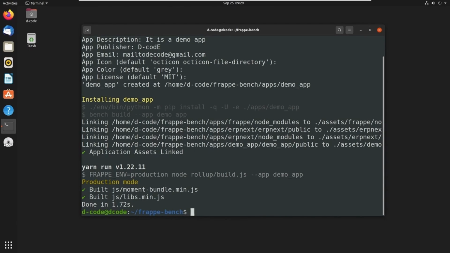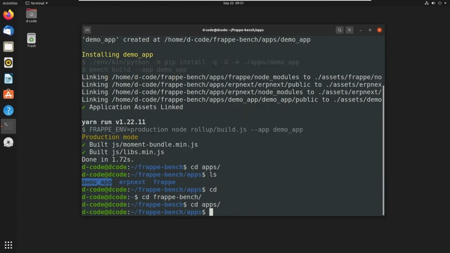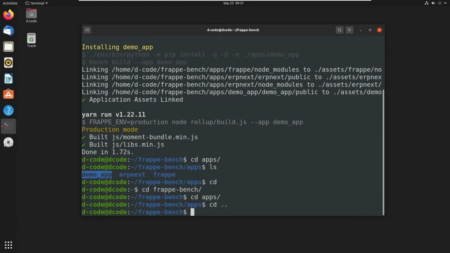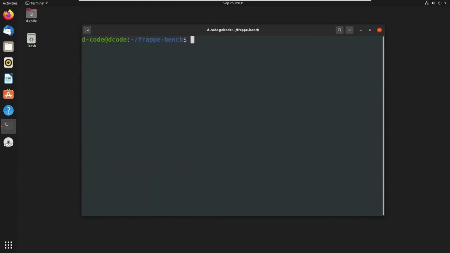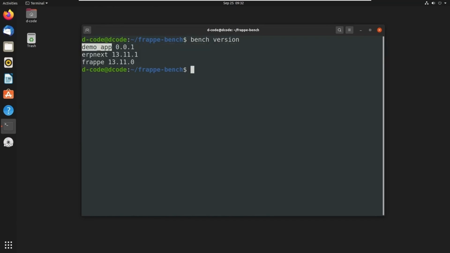We can see our application in the apps directory. So let's move to the apps directory. And here we can see our application, demo_app. Let's go back to the Frappe bench directory. Let's clear this. We can check the installed applications in this Frappe bench using this command: bench version. We can see the list of applications installed in this Frappe bench, and the first one is demo_app, then ERPNext, then Frappe. Let's start the bench using this command: bench start,